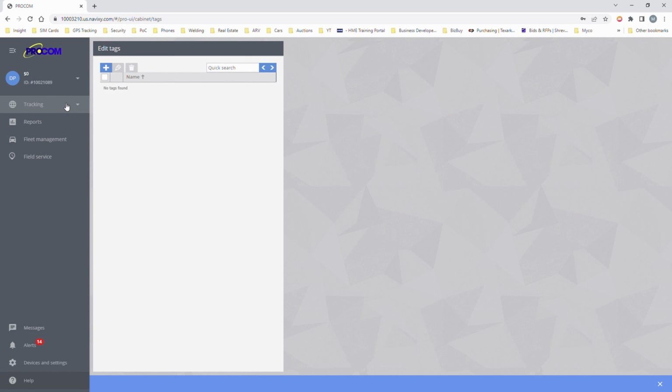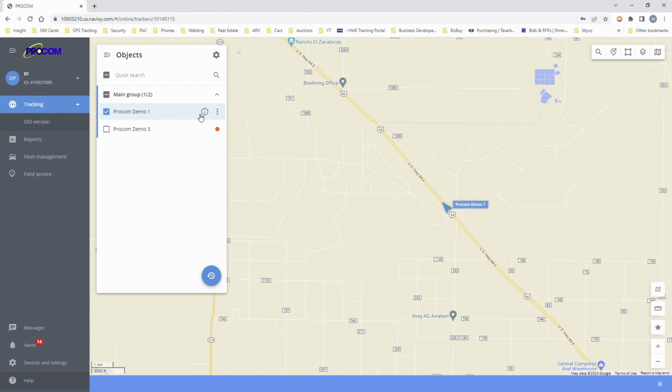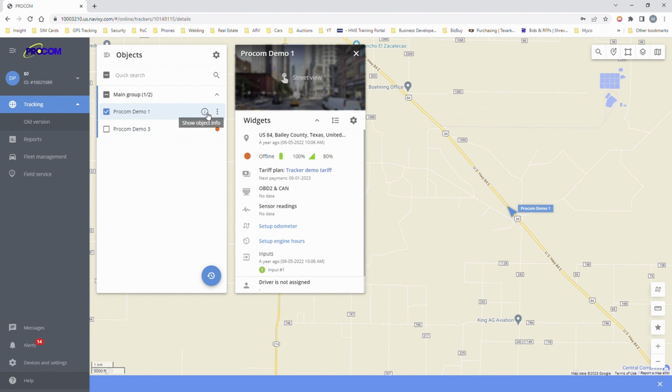Now once we get that done, we need to do some setup on the individual units as well. So if we click on any of these units, it'll show us where it's at. We can click the little information icon here and it shows us information about the unit, but what we really need to do is click on the 3 ellipses